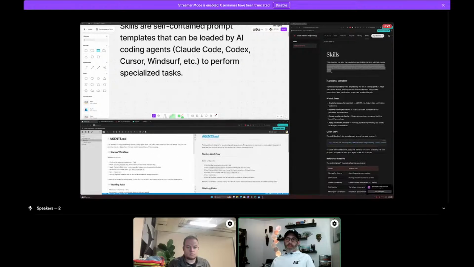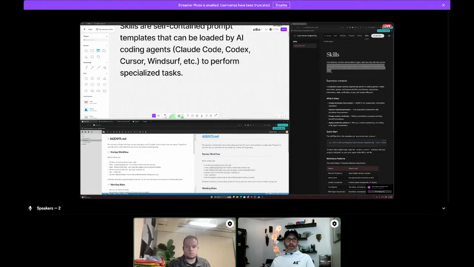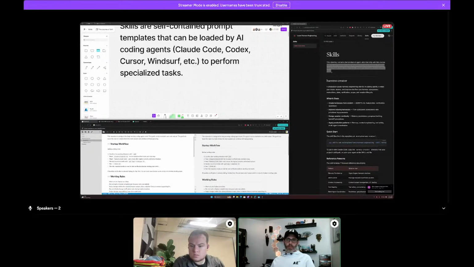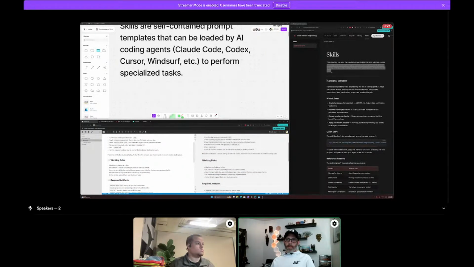So this is an example of agents MD down below here, and it's basically saying here's the startup workflow. Before you write any code, confirm stuff, right? So it's giving it some basic instructions. It's telling it to read from the progress to know what the last thing you did was, because a lot of people maybe don't recognize this, but while there are chat histories and things that can keep context,